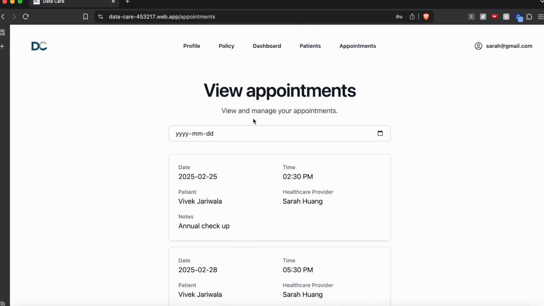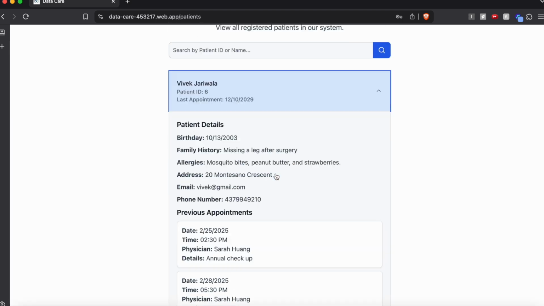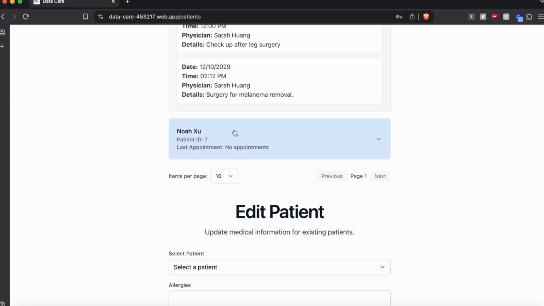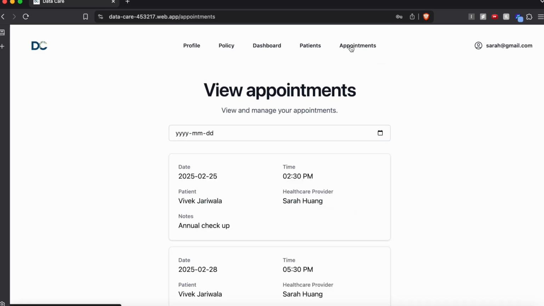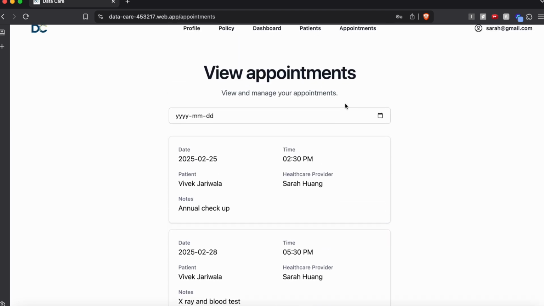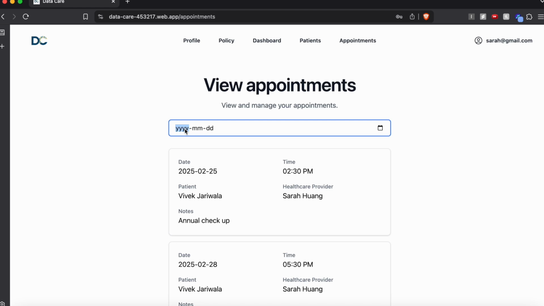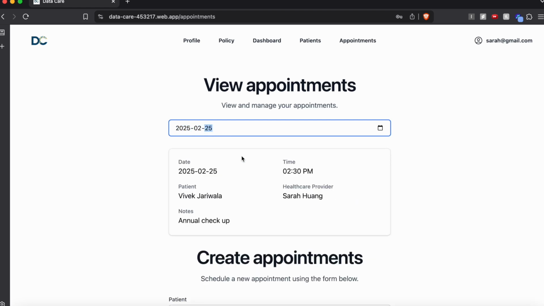And then if we go to patients and we click Vivek Jariwala, you will see that this has also been updated as well. So essentially, a very comprehensive overview of a patient, as well as being able to update that information. And then here we can also filter our appointments as a healthcare provider, who can view and manage your upcoming appointments too. So now we're done, we can log out